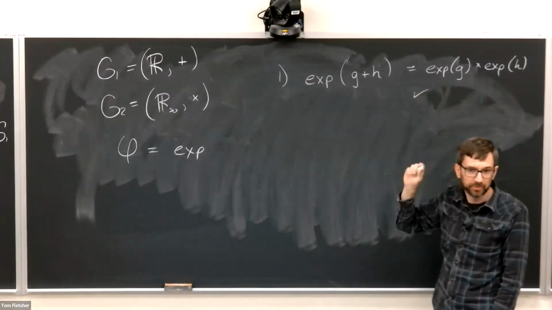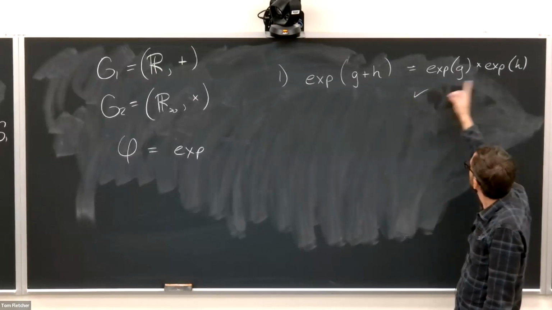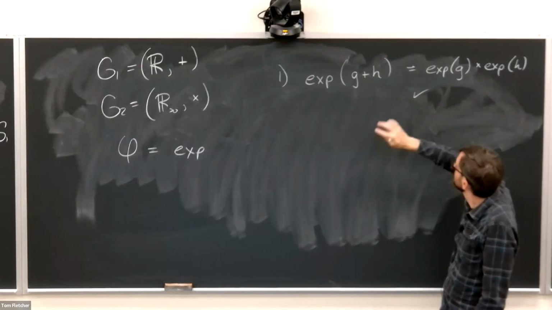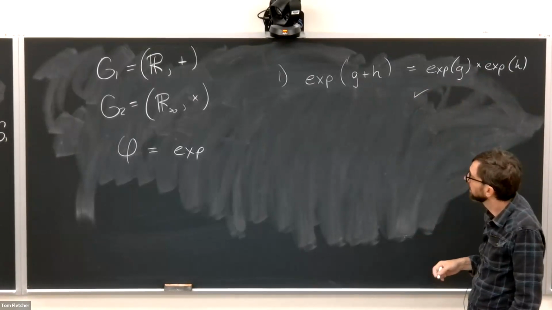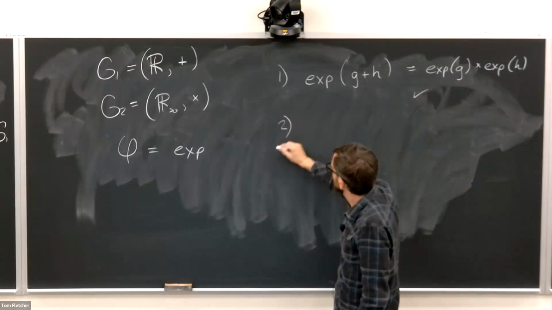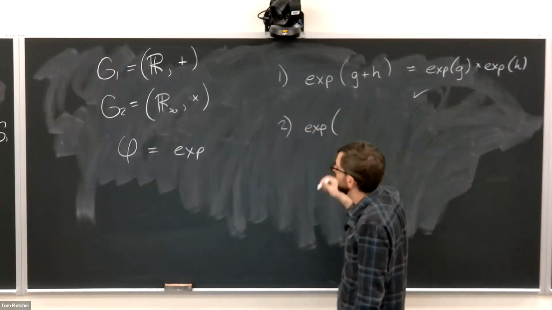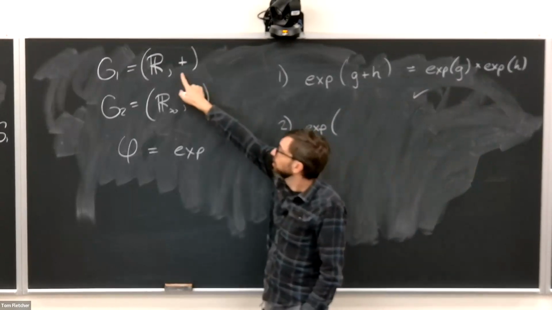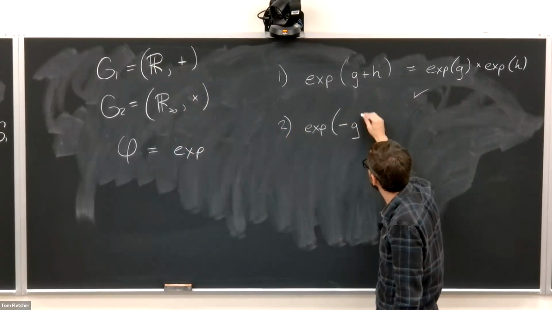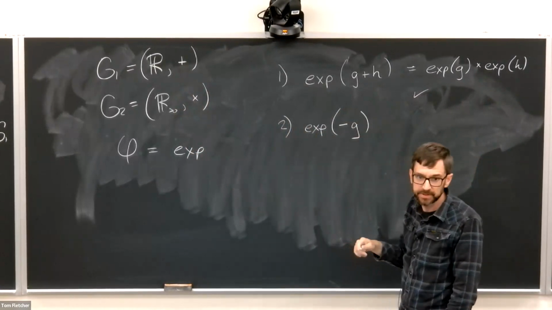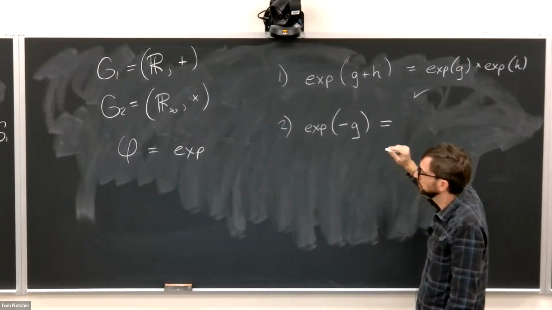We all know this rule from our intro calculus course, or maybe even earlier, that addition inside the exponent can be pulled out to multiplication outside of the field. Okay. And then rule number 2, I think everybody can see where we're going here. Exponential, again, what is the inverse under addition? It's just negation. So exponential of minus g, that's the g inverse on the G1 group, is equal to